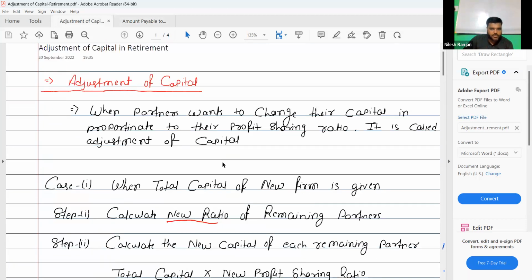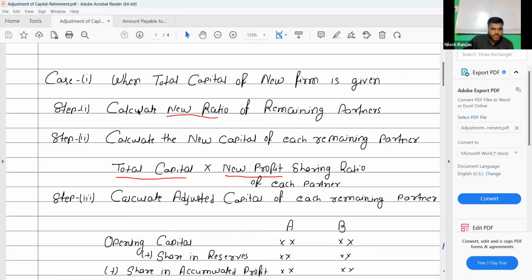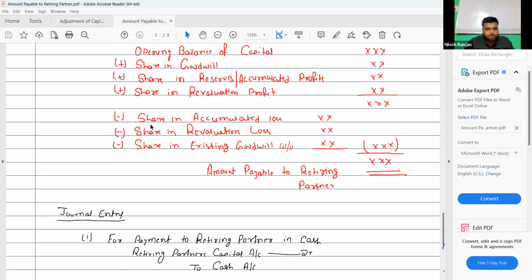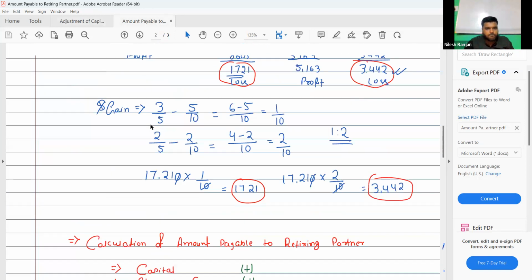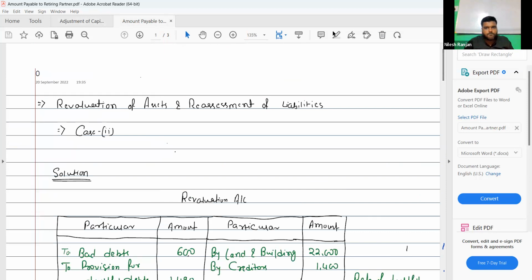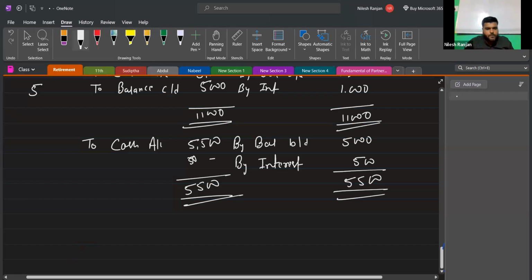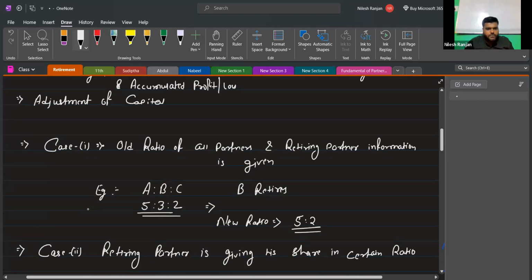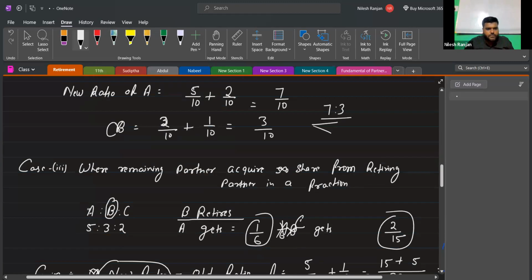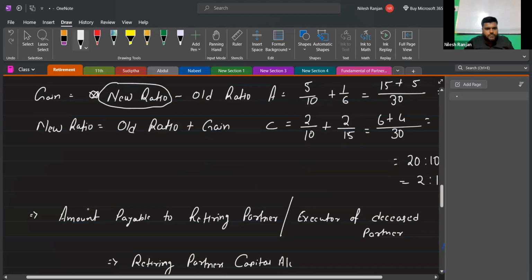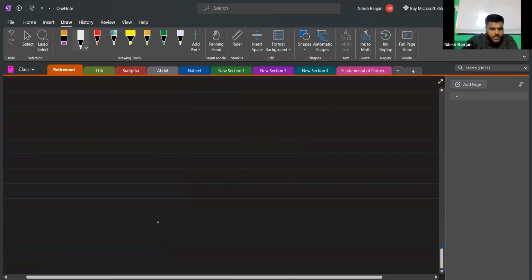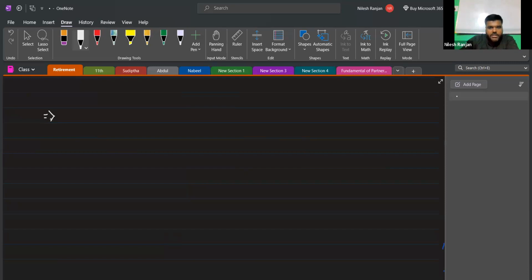We have to understand this concept also. But before that, I will tell you one different concept. Okay, so there is a difference between this